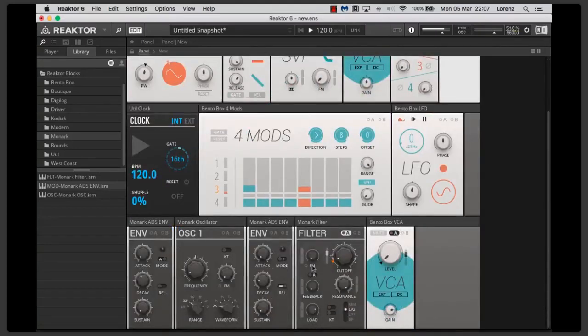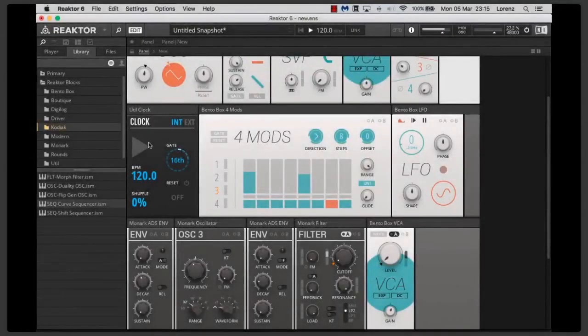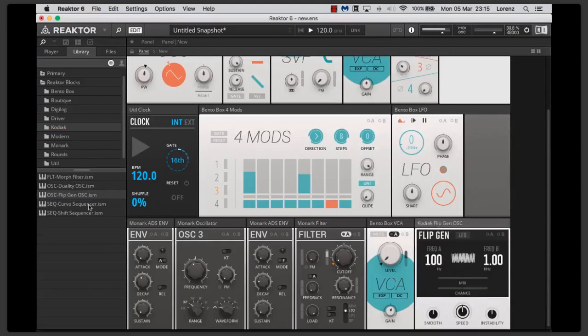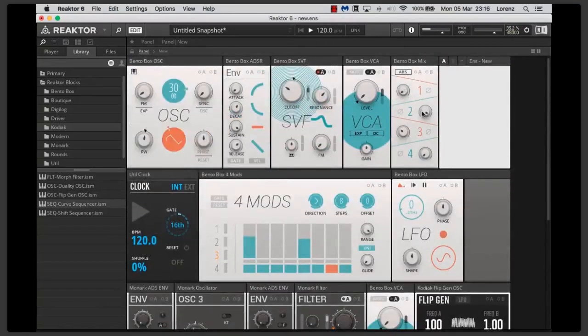We're now going to have a look at creating a higher frequency motif, making use of noise. For our noise-based rhythmic motif, we're going to be making use of two Kodiak modules, the flip gen in association with a curve sequencer. The curve sequencer, for those of you that are familiar with Massive, is quite reminiscent of the Performer. We will now just bring down the levels of the two former elements as well as this one,